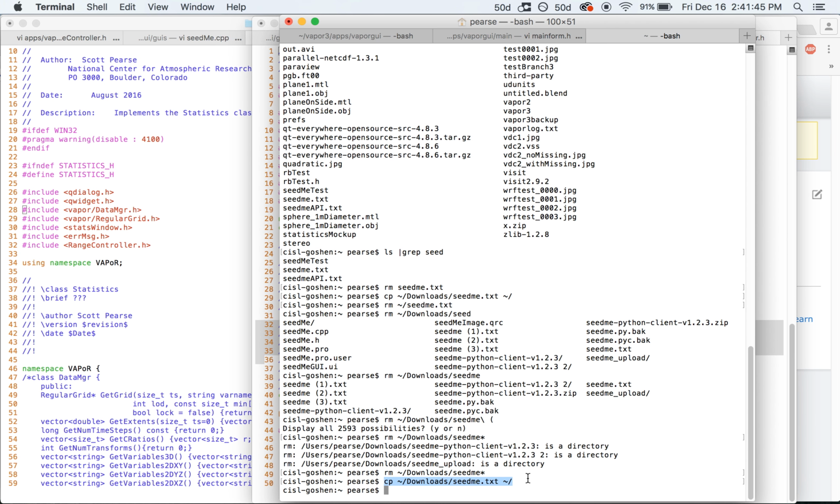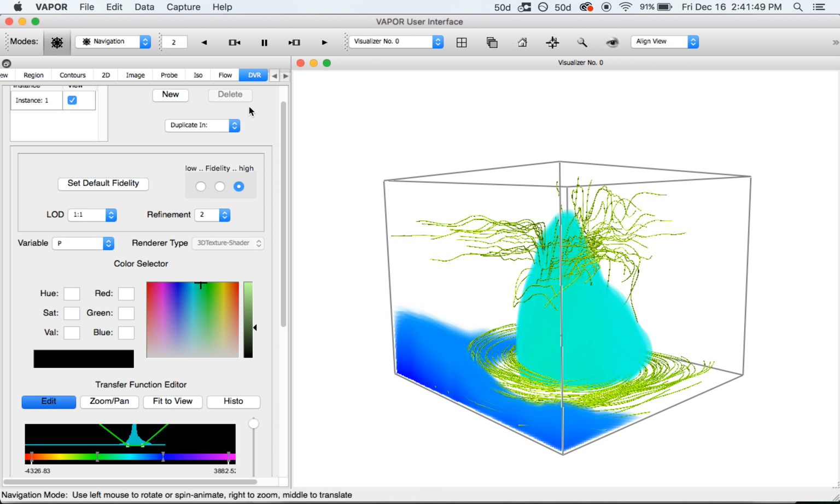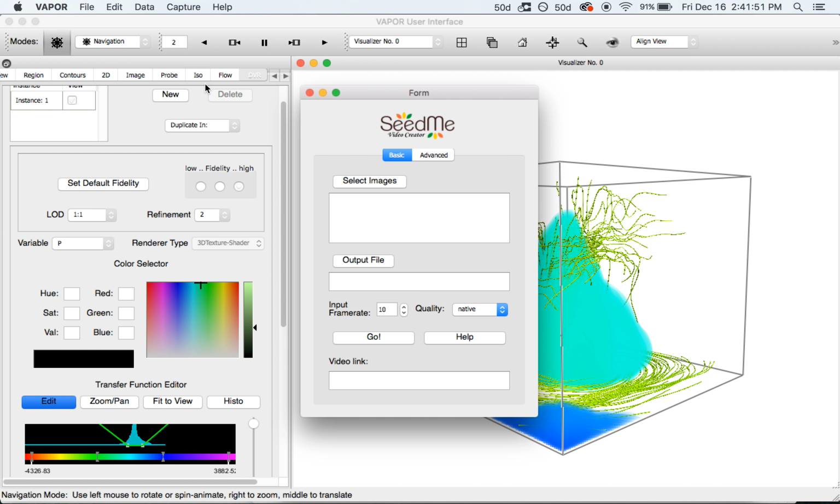So now that I've copied seedme.txt into my home directory, I'm going to go back to Vapor. I'm going to try to fire up SeedMe again. And here's the basic application. There's all these basic settings right here for image selection. You can select your output file name for your MPEG file, specify a frame rate. There's different qualities you can select for your downloaded file, which will go into whatever directory your output file specifies. I'm going to click on native because I don't think my video is going to be that big. There's a video link that you can copy and send to your friends if it's a public